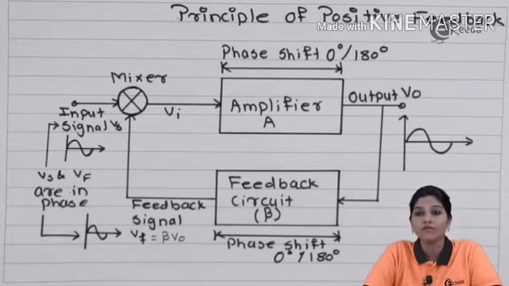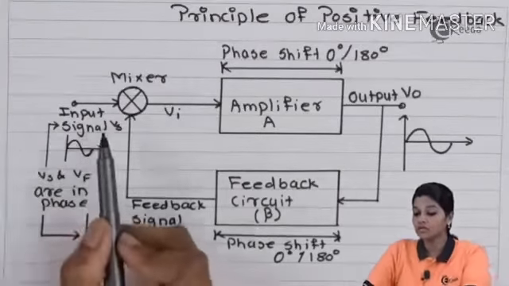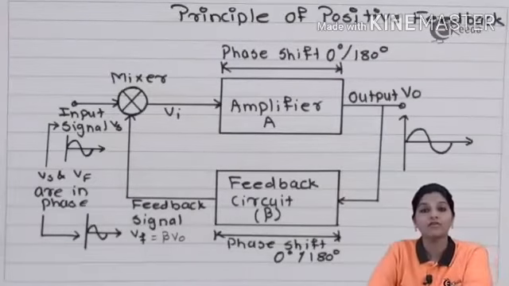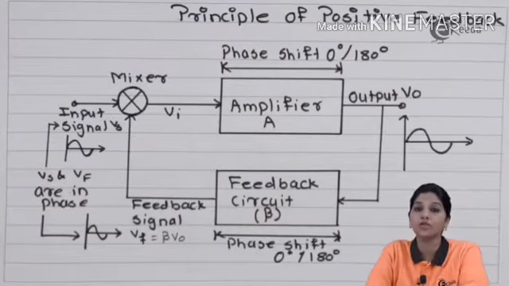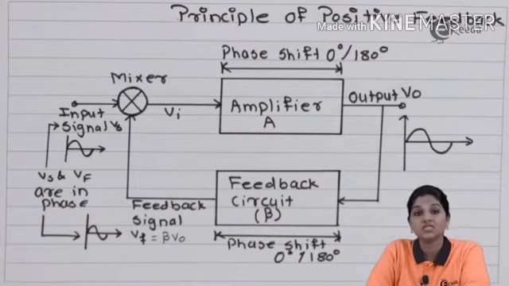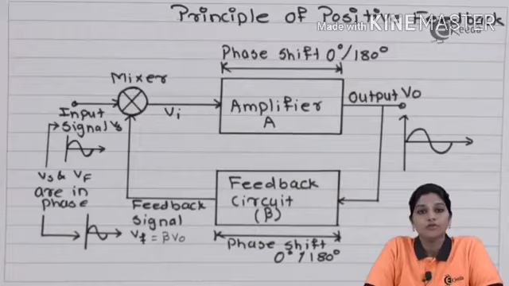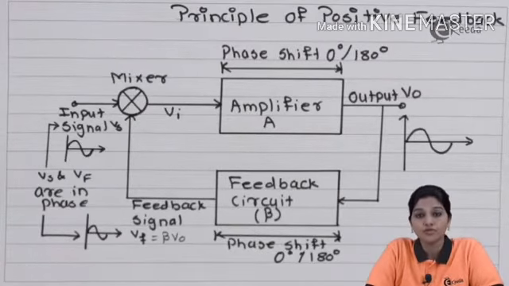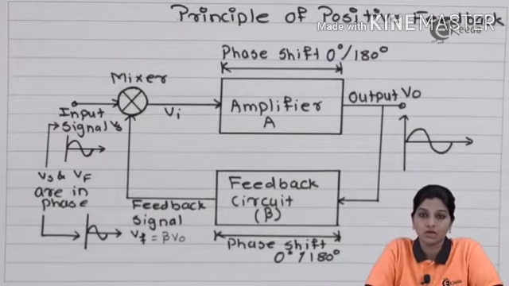So from the diagram we will come to know that when the input signal and feedback signal are in phase with respect to each other, then the feedback is called positive feedback. Basically, positive feedback increases the gain of the amplifier. Therefore, we can say an oscillator is an amplifier circuit which uses positive feedback for producing output oscillations without applying any external AC input signal. But it requires a DC power supply.